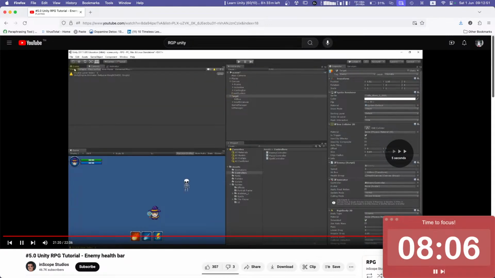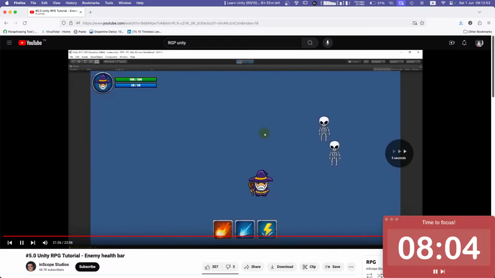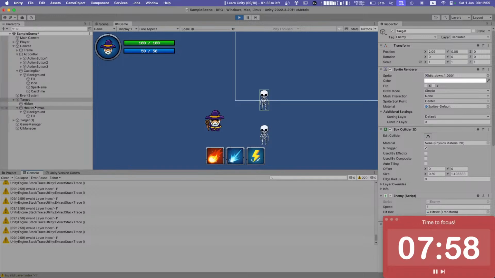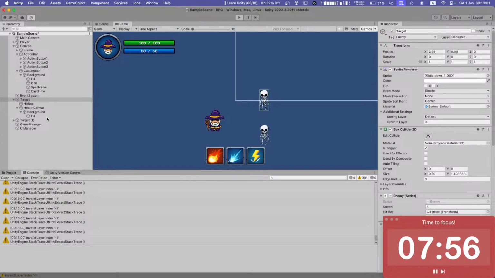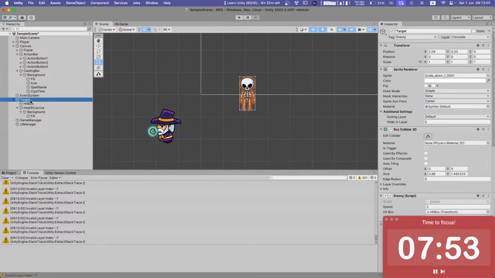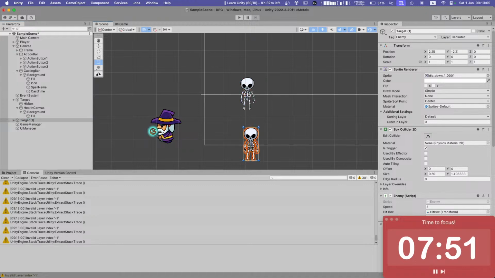Now we can duplicate our target. Then I can actually switch between these two targets here. Okay. So basically, if I remove this target and I copy again,